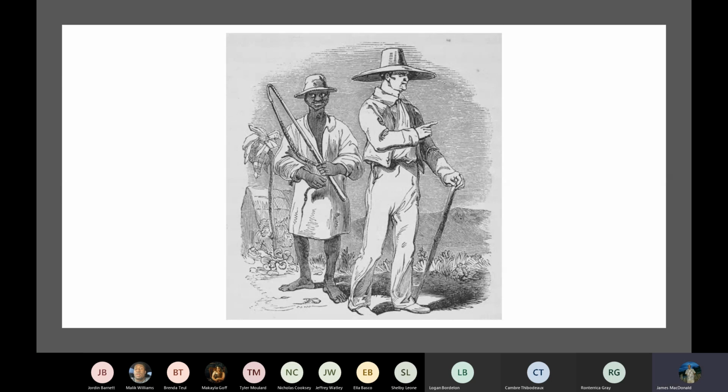Sometimes the tasks could be an all-day affair. Sometimes they were simply things like repairing fences. And those that were in the larger plantations had the ability to say, you are the blacksmith on the farm, you are the cook. Cooking was a job that was actually a position of trust and a highly respected one, and it also was dangerous.